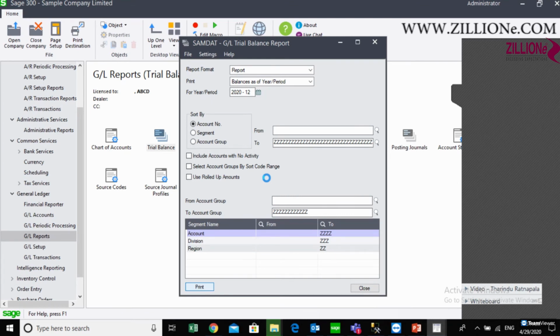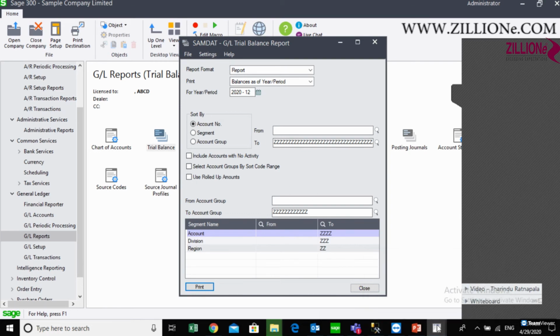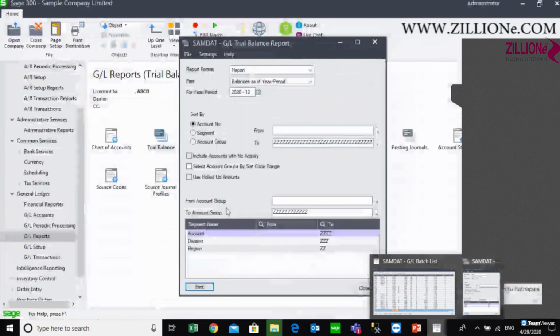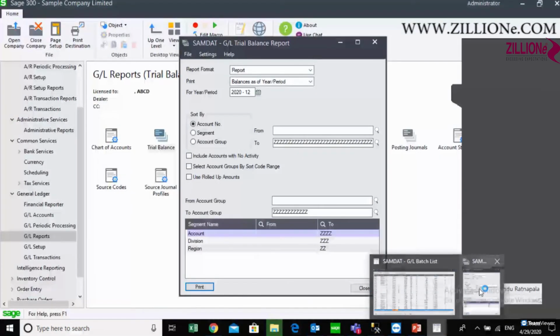When you are printing the 12th period, you have to print the 12th period as well as the closing period.